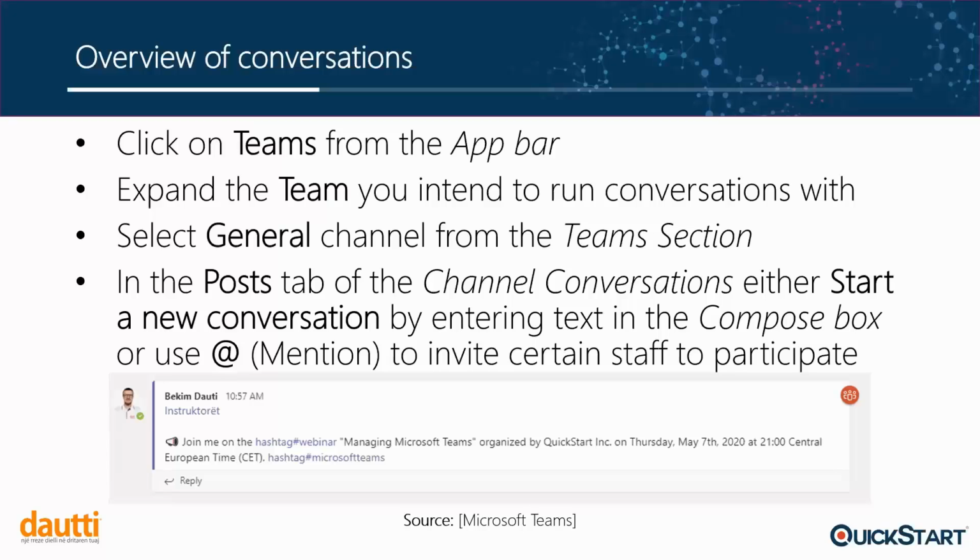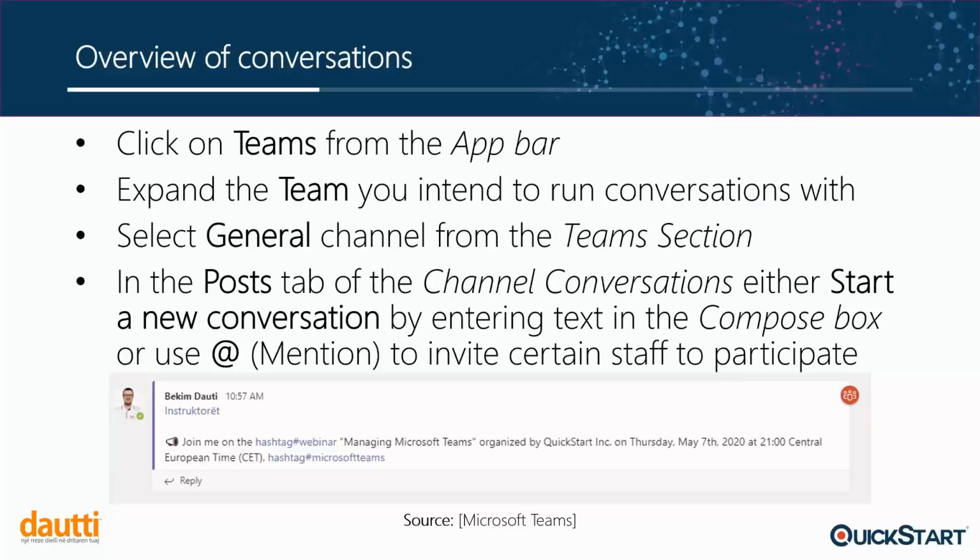Okay, so if we want to run a conversation, first of all, as we've said, we go and click on Teams from the app bar, and then expand the team that we're intending to run the conversation with. Select General. This is just a channel, the default channel. But depending on if you have created channels, and I myself created some, you will see just shortly. So, selecting the General channel from the team section,